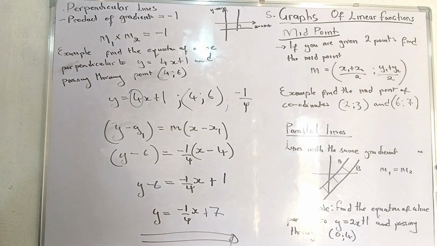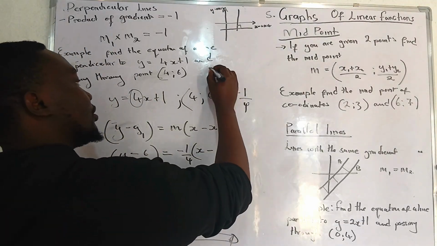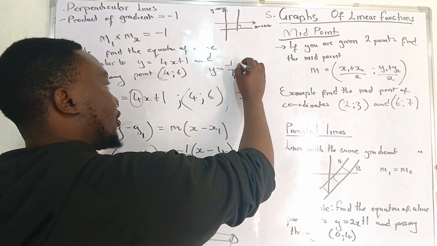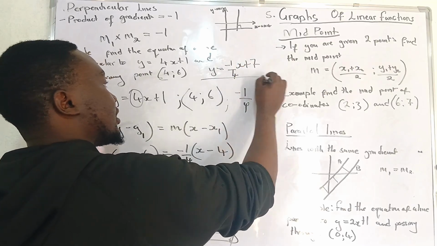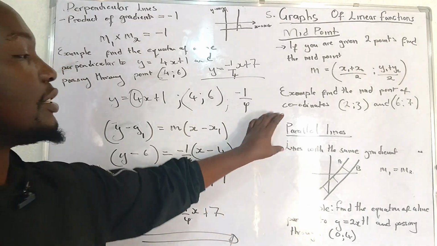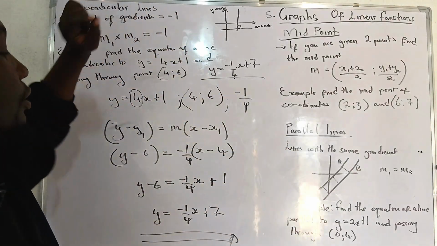So this is going to be the equation, y is equals to minus 1 over 4x plus 7. So we can use the defining features of parallel lines and perpendicular lines in order